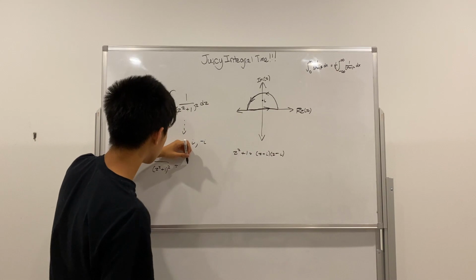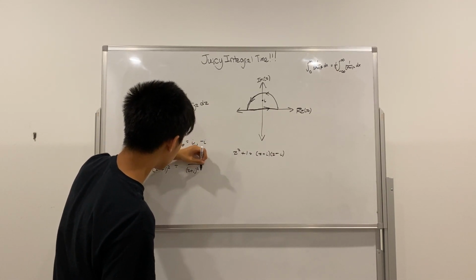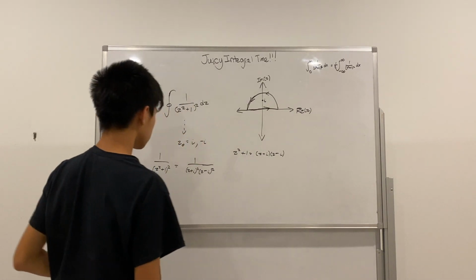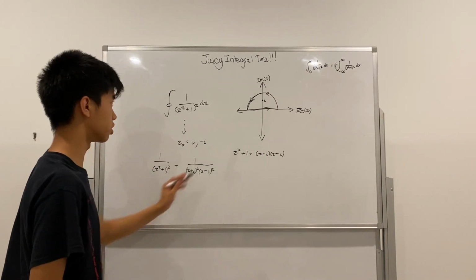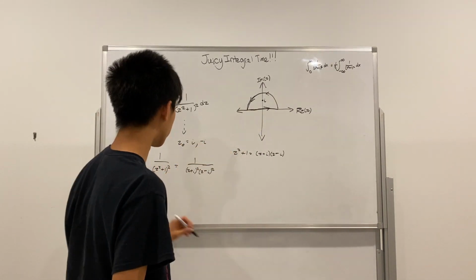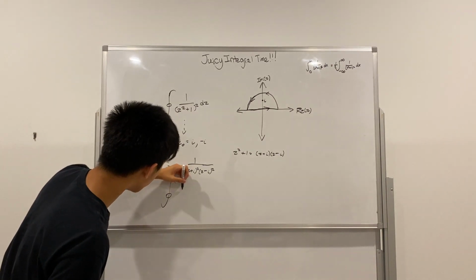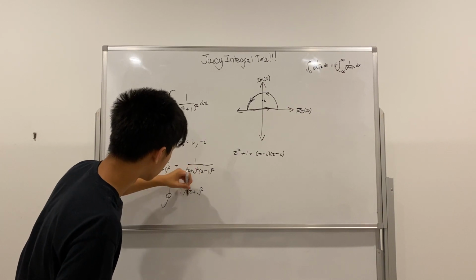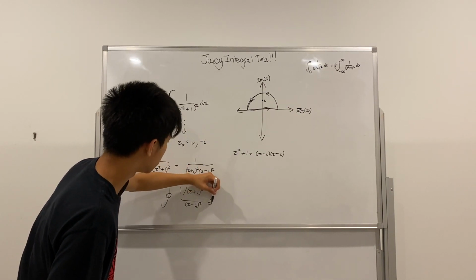So this is 1 over (z plus i) squared (z minus i) squared. And now (z plus i) can go on top because it doesn't really change anything with this contour. So we have the closed loop integral of 1 over (z plus i) squared over (z minus i) squared dz